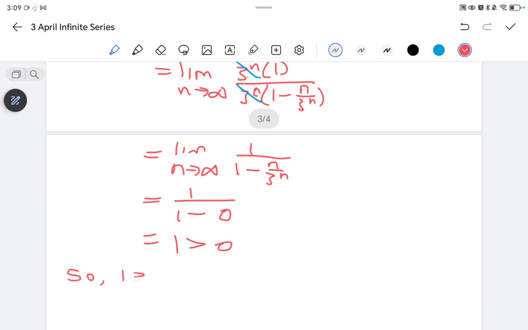I don't want to write a lot of things, so we can write that 1 is in between. Since 1 is this, you can say that by the comparison test,